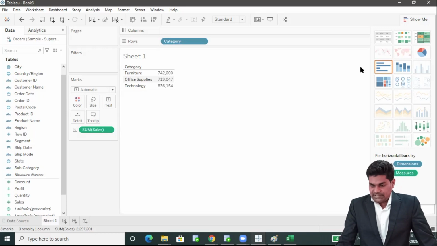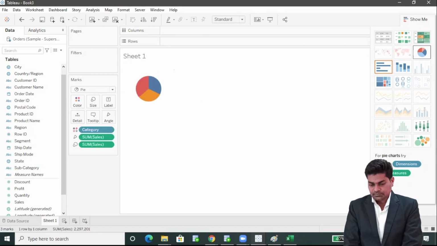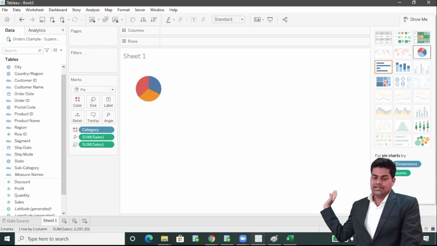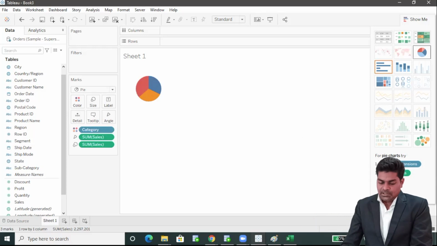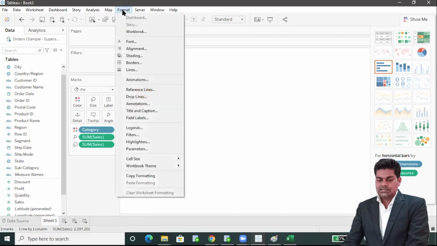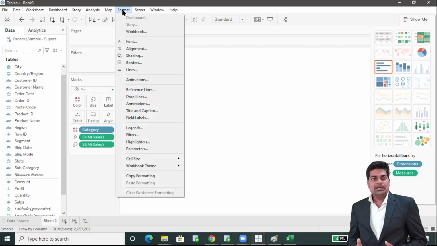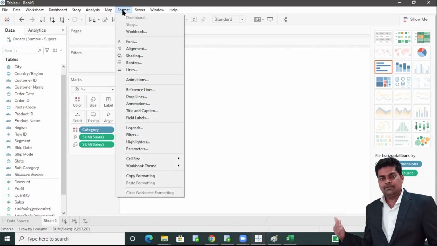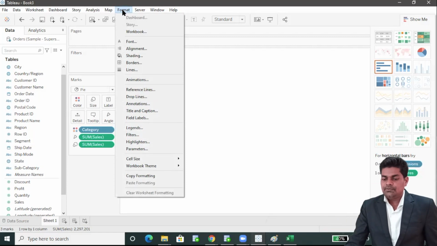Okay, now let's click on pie chart and see, this pie chart has been created successfully. Now if we want to make it bigger, we can go to Format and first visit each and every menu and be familiar with all the fields. Like here we have fonts, alignment, shading, border lines, animations, drop lines, cell size.